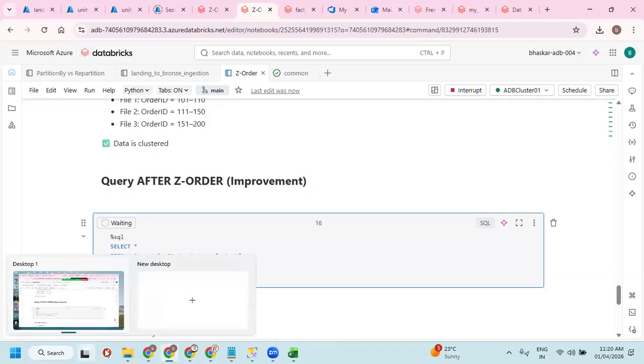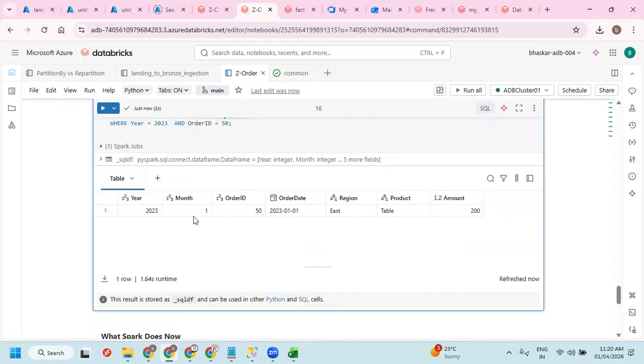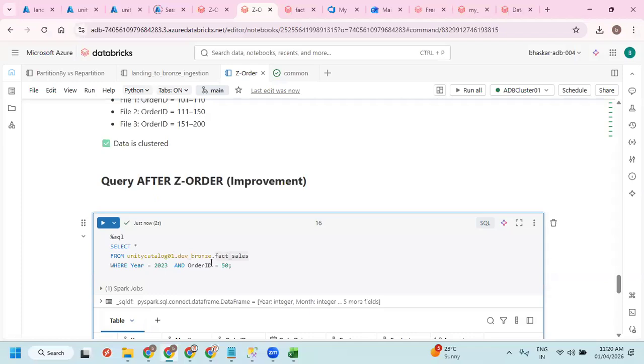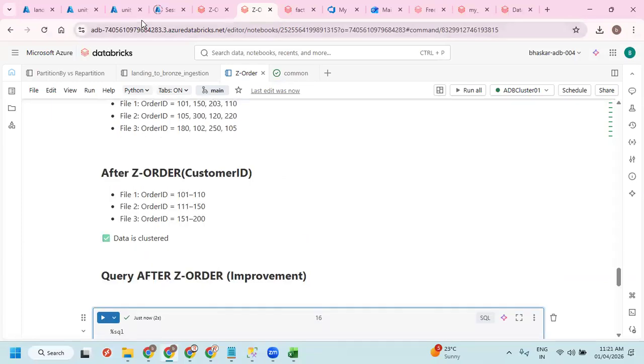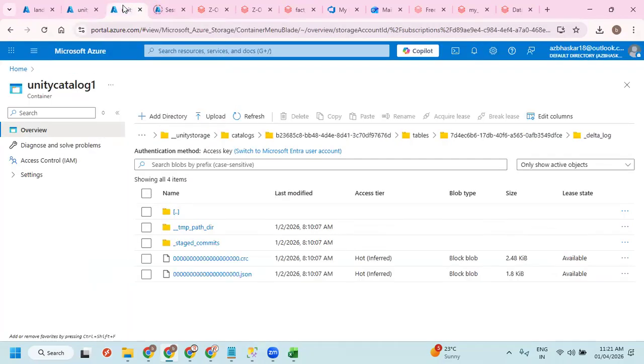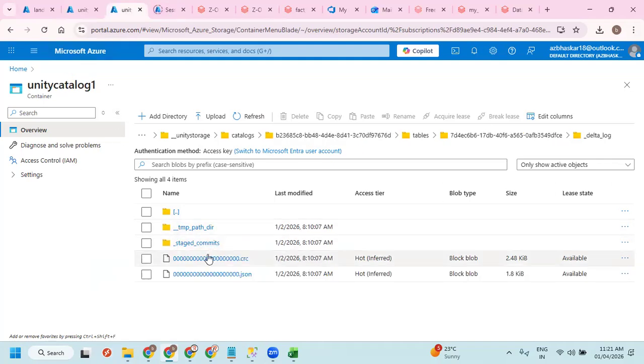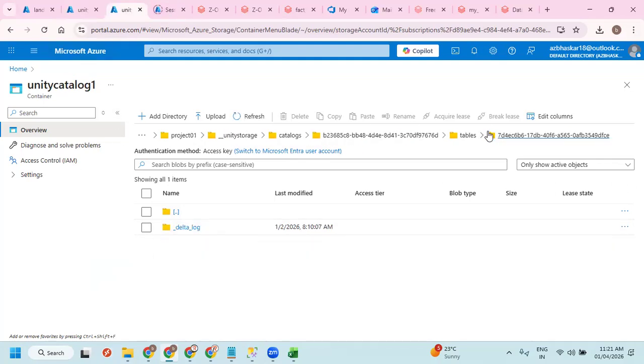Let me run it. So it is going to read the data from that particular range of the data. That range I'm not able to show you here. Even that is what I faced an issue with. Here there is only one part file under year equal to 2023. But when it comes to here, it is rearranged.